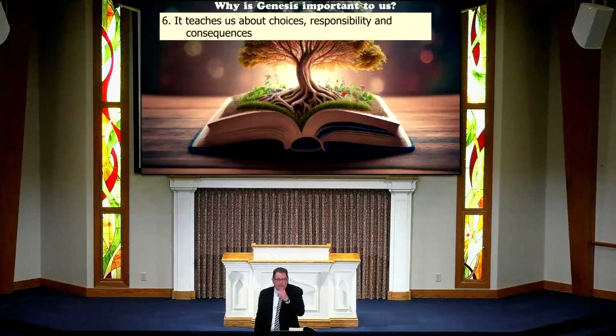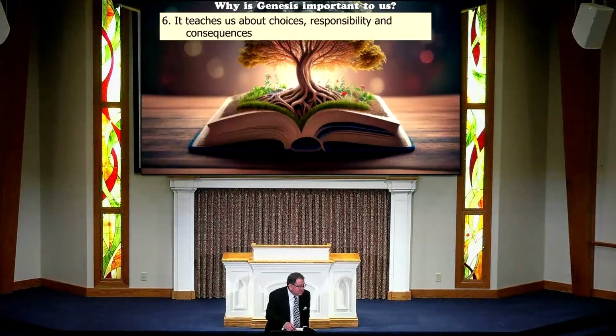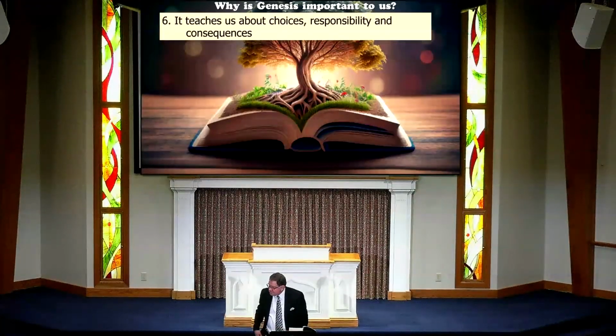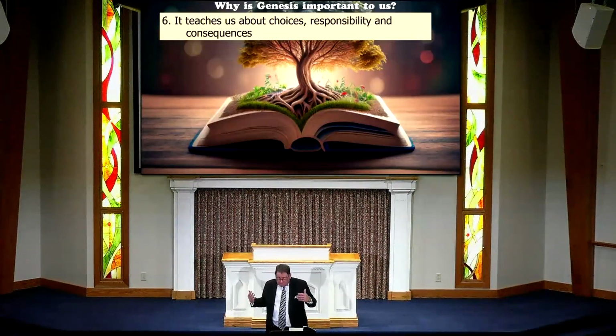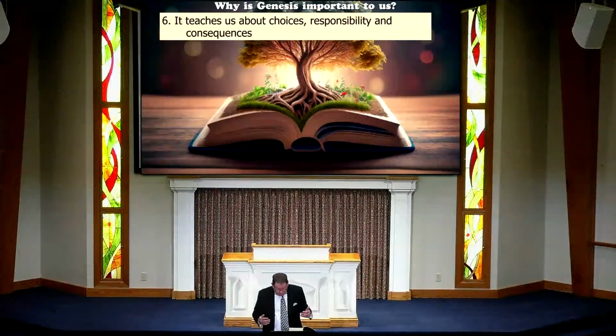One of the things it's going to teach us about is choices, responsibility, and consequences. We'll see that with Cain and Abel. We'll see that with Eve and Adam and the forbidden fruit. We see that really tracing all through the rest of the book of Genesis, is that you have choices, and there's responsibility, and there's consequences to all of those. And when you don't get that, there's going to be some trouble. And so again, powerful lesson for us, because it puts it right where we are today. We have responsibilities, we have choices, and we have consequences.